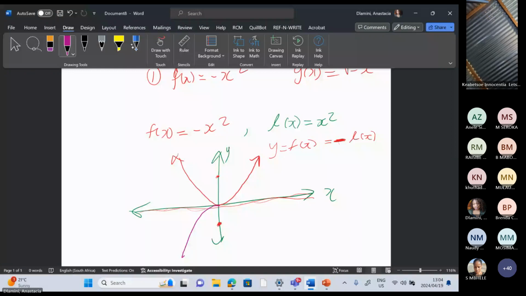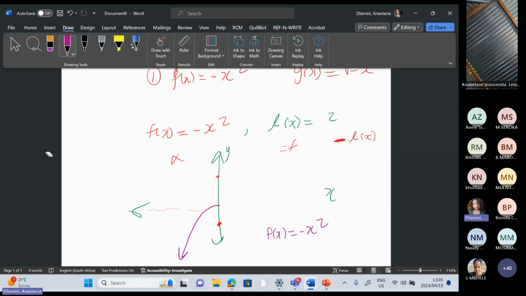Oh, okay. Yes. So then this is f of x equals minus x squared. Oh, I got it. You got it, right? Thank you. I need 3 yeses, guys. Yes, ma'am. Okay, so now